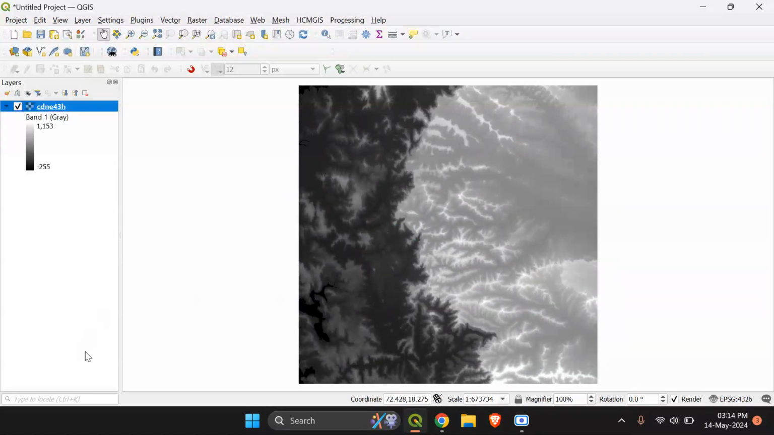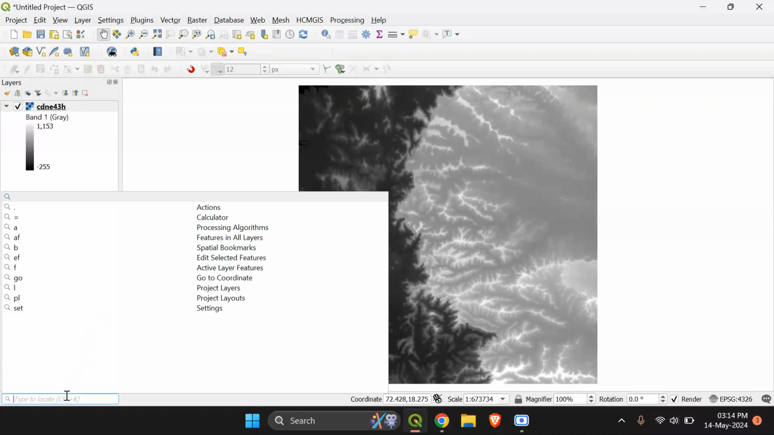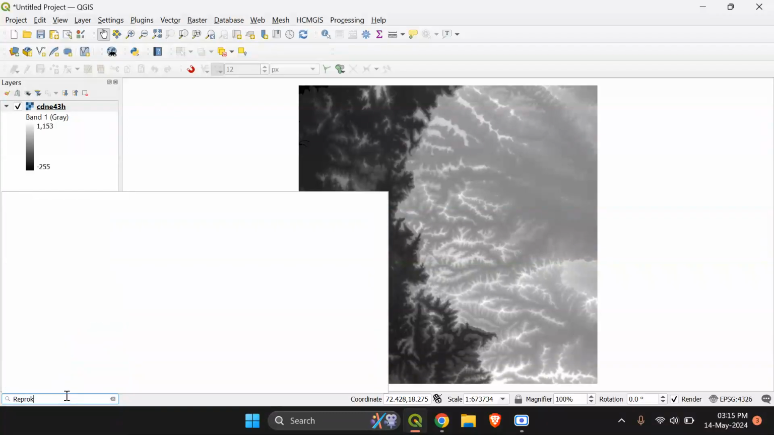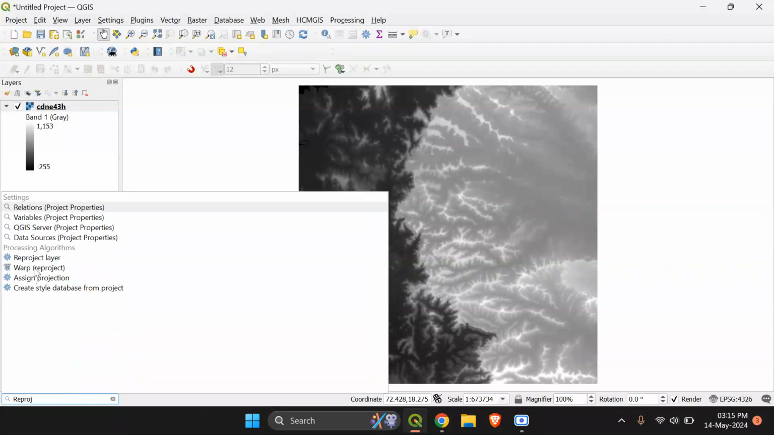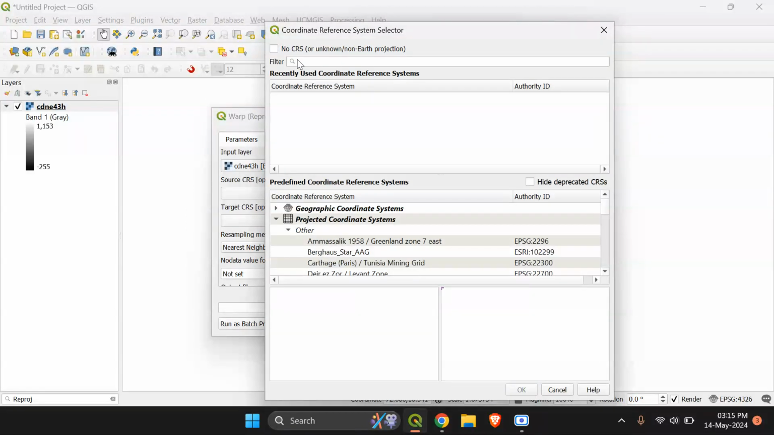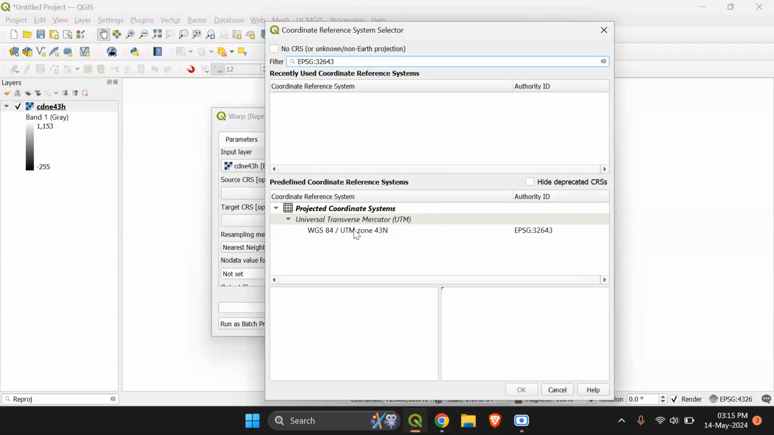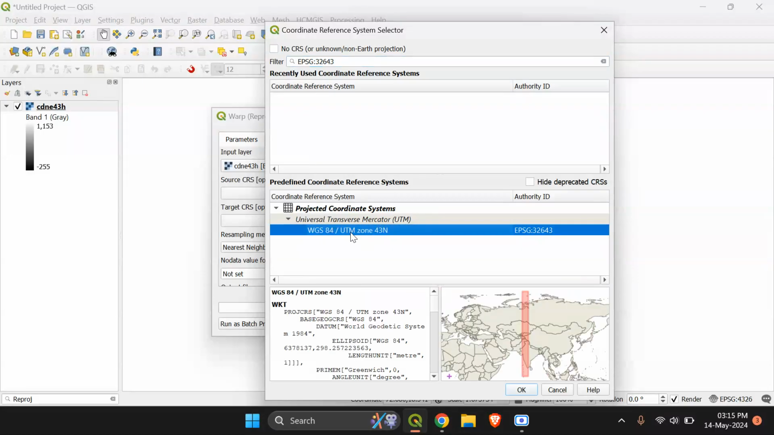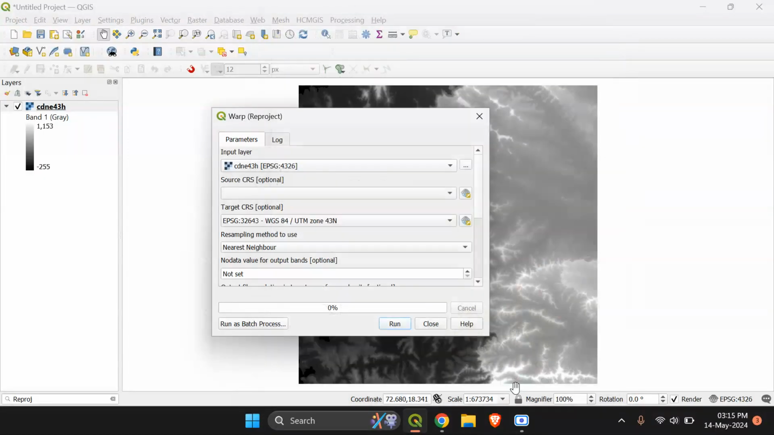Now we will do the next process. Go to the bottom left and search for reproject DEM. You will select the option warp reproject. Then in the input layer, you will put that DEM, and in the target CRS you will browse. In that you will uncheck the box of no CRS. In filter, you will be adding the WGS 84 UTM projection, which is UTM zone 43N for this Pune region. It will change depending on your own region. Say OK, and